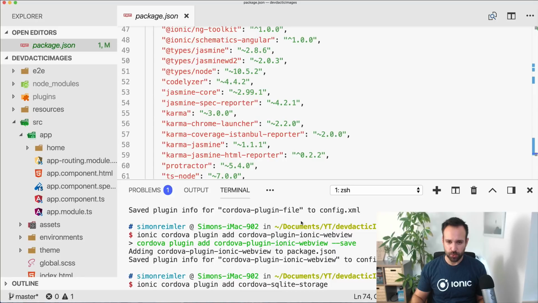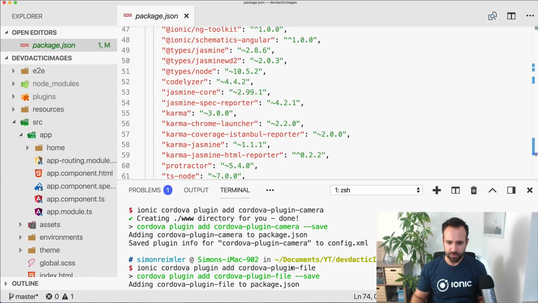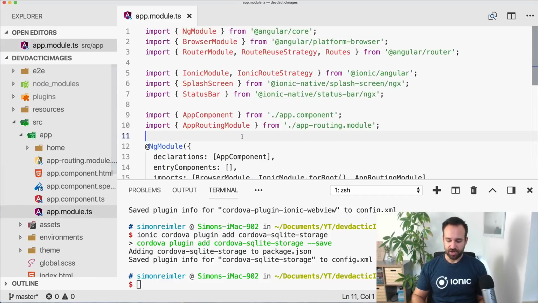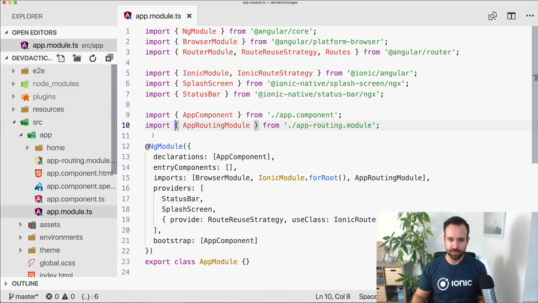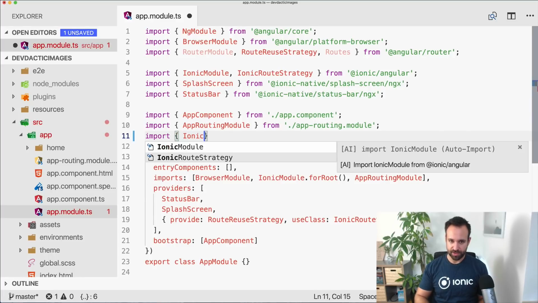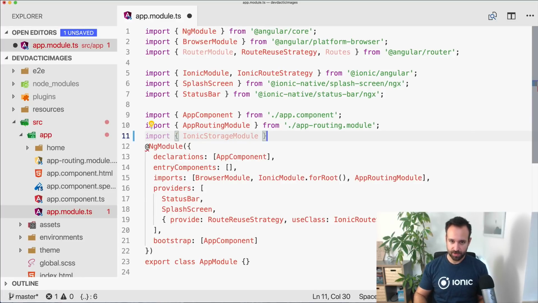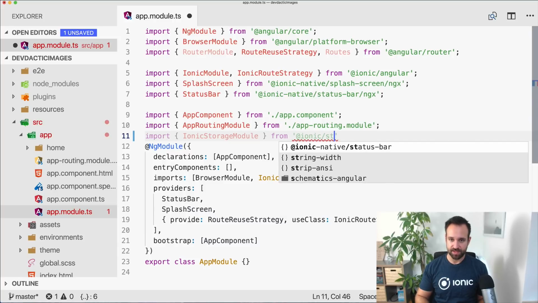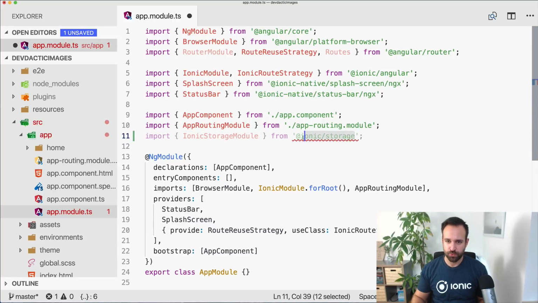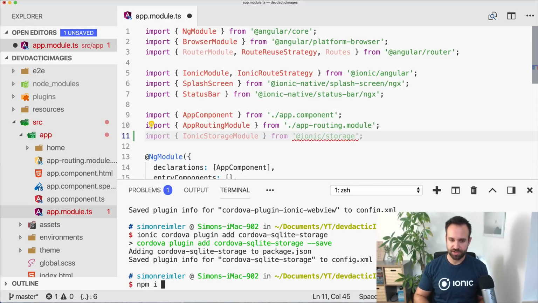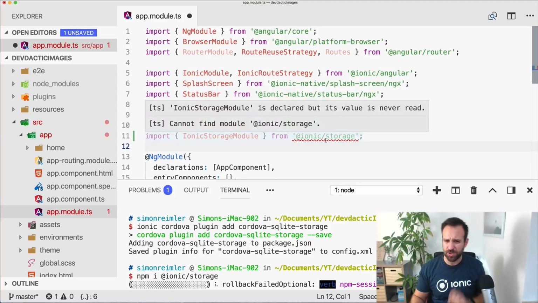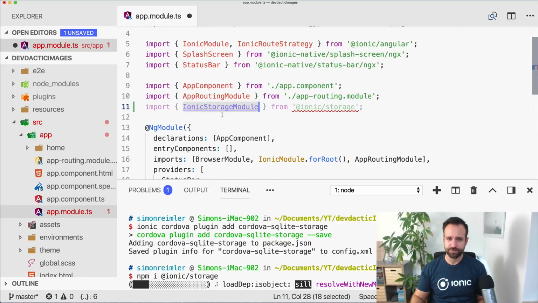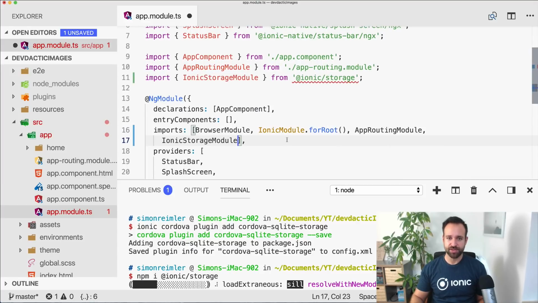Okay, we got storage, we got web view, we got camera, we got file. Looks good. Let's go to our app module and then simply type in, import Ionic storage module from @ionic/storage. Is this not installed? This is pretty strange, because normally this should definitely be installed with a standard version. Very strange. Anyway, make sure to import the Ionic storage module and then call forRoot inside the imports of